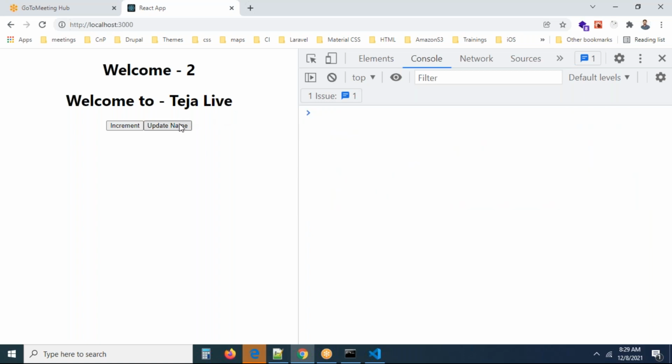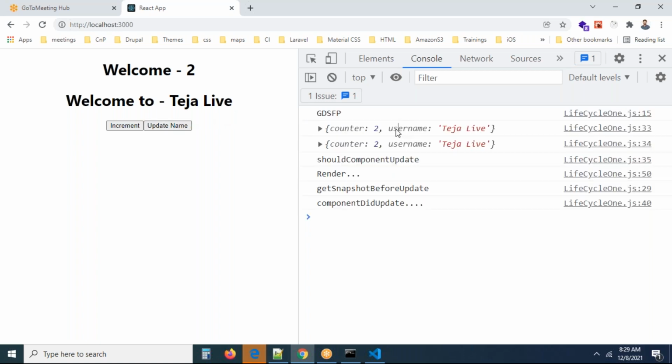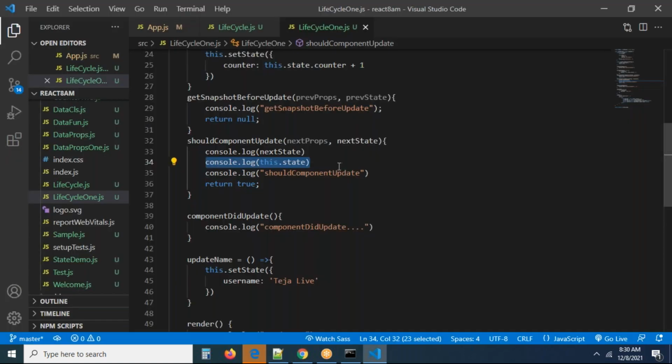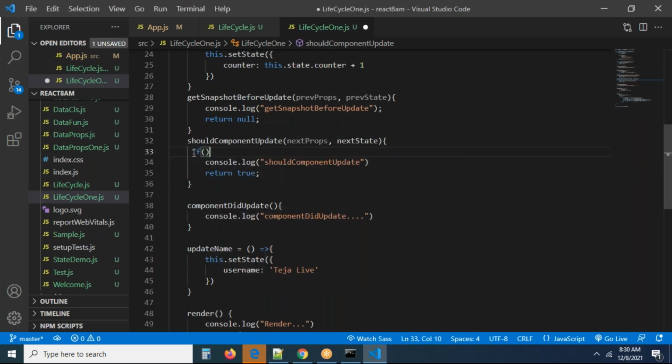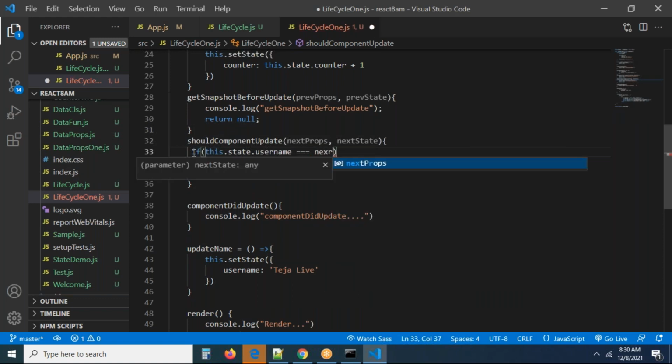Okay, now you can click it one more time. Can you see? This time the username, I mean the current state value and the next state value, both are the same. If both are the same, why should I update the component? So at this point of time, what we will do, we will write one small condition here. If this.state.username is equal to nextState